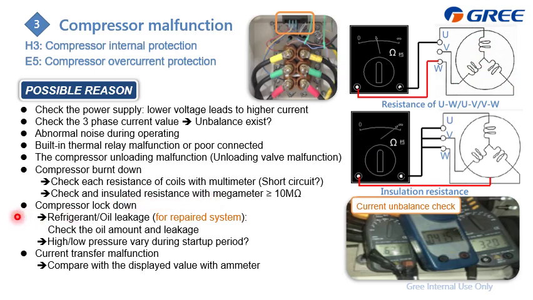And the next is compressor lockdown. For this one, we divide it into the refrigerant and the oil system. First is the oil system. Just focus on the repair system. For this one, that means not enough oil flows back to the compressor for lubrication, and because of this, the compressor will cost more power to operate. And more power means higher current, right?